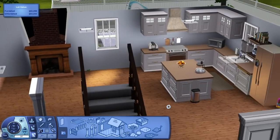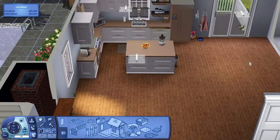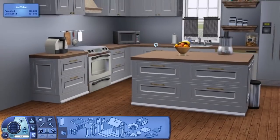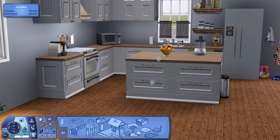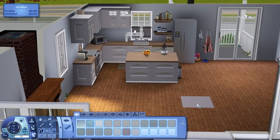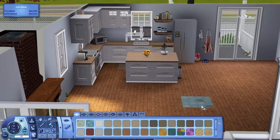and then maybe start in either the living room or the dining area. I'm not for sure yet, but I just feel like it's kind of boring right now. So I feel like we need to mix it up a bit. You feel me? But first, I think we're going to start on flooring,